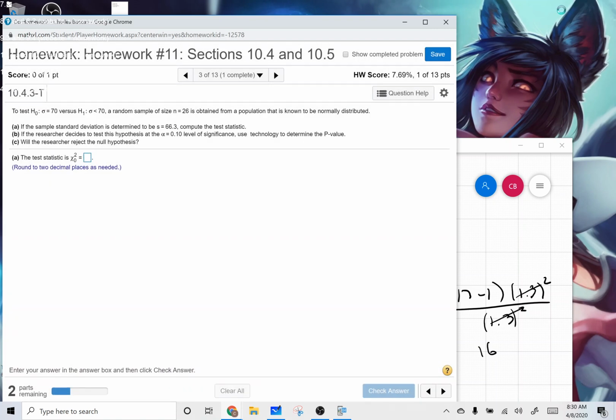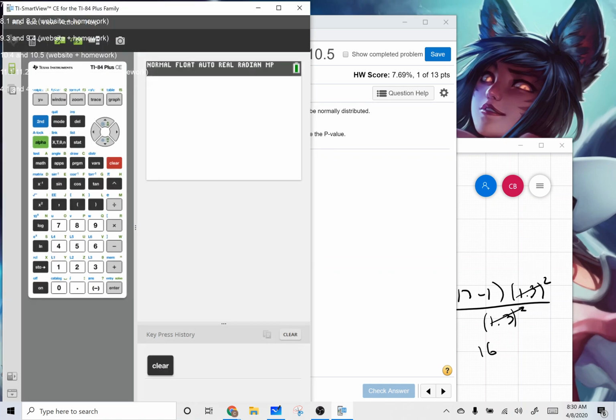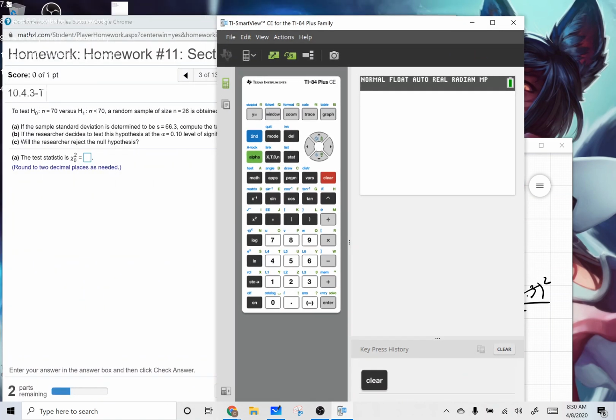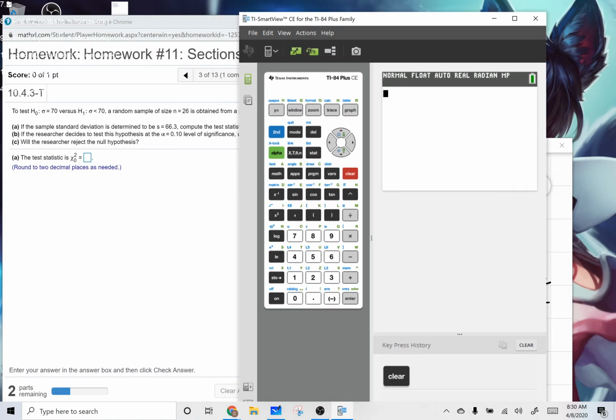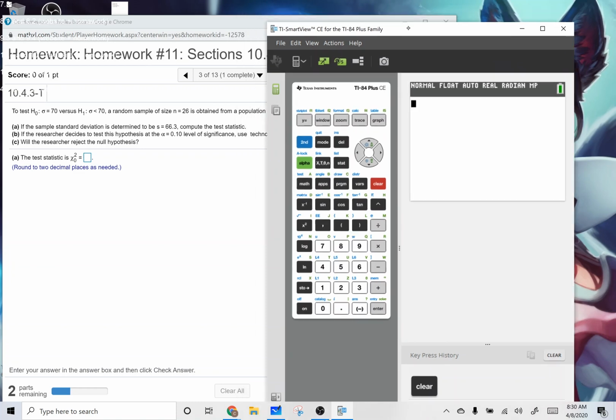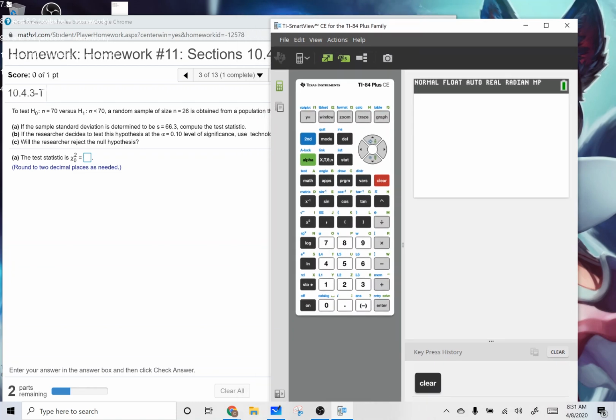We usually use the p-value rather than that. That's just another way of doing a hypothesis test. So let's do another one. If we're going to do this one, we have the following. I'm going to determine this value really quick. So we're going to do n minus 1, which is 26 minus 1, which is 25, times the s, which